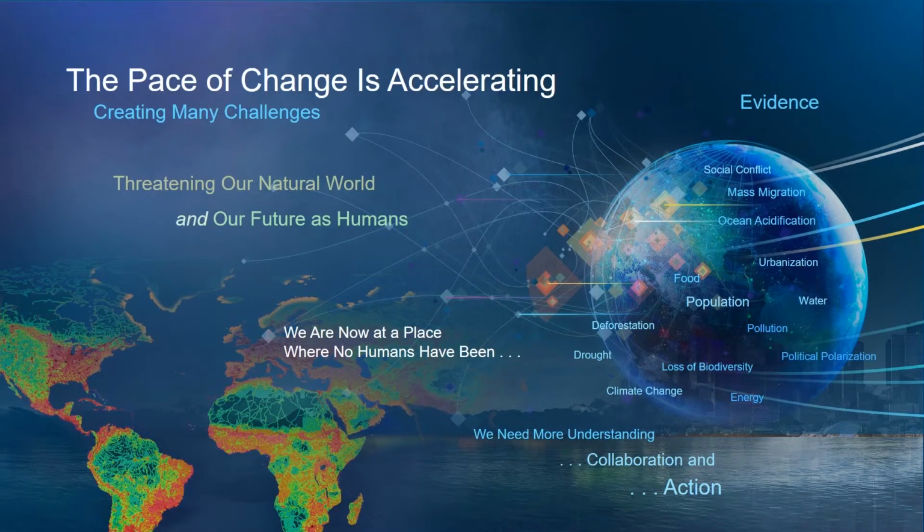And all of those things around us have really put us at a new place that we've never been before. This slide actually came from the user conference in 2018 in Jack's plenary, when he was talking about the idea that all of these things around us, this urbanization, this population move, the amount of drought that we see coming in the Western US that's leading to larger and more catastrophic wildland fires, all of that has really put us at this new place where we need to rely on each other. We need better understanding of these elements, but ultimately we need each other to do more. And that is, how do we collaborate together to truly drive action and make a difference in our world?